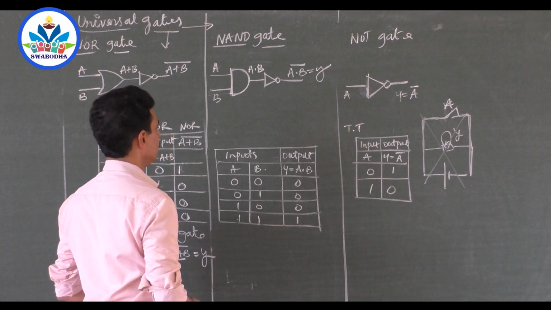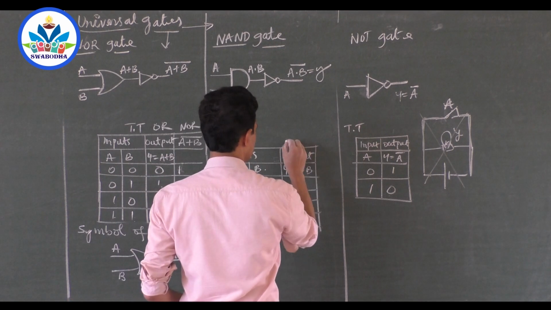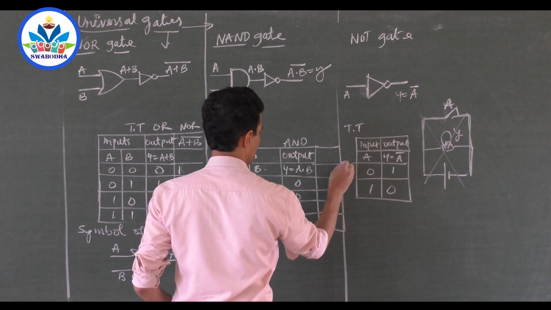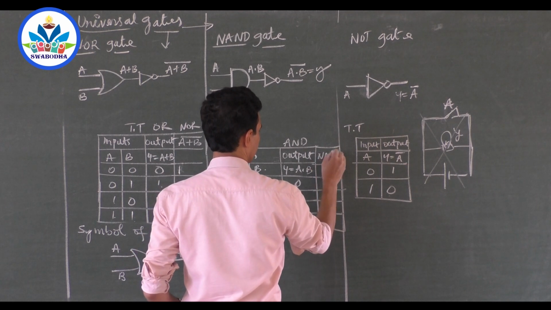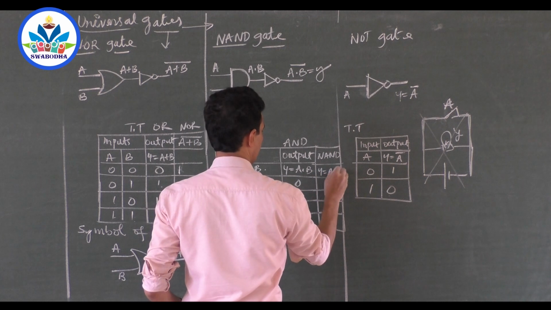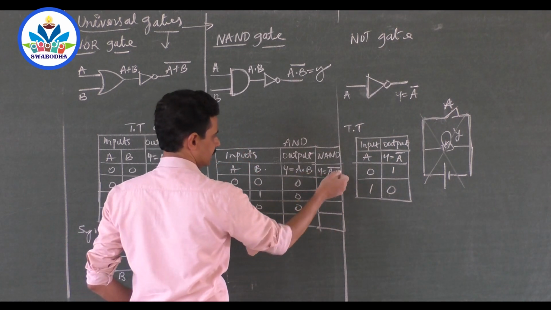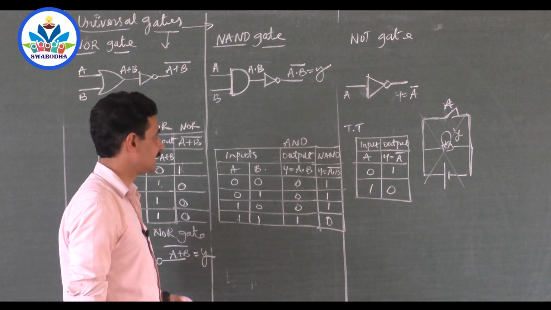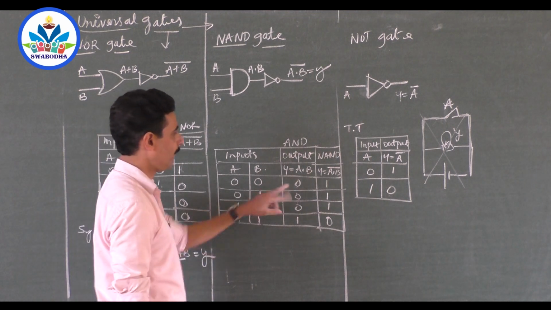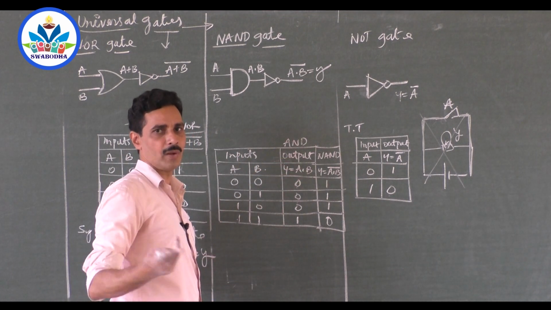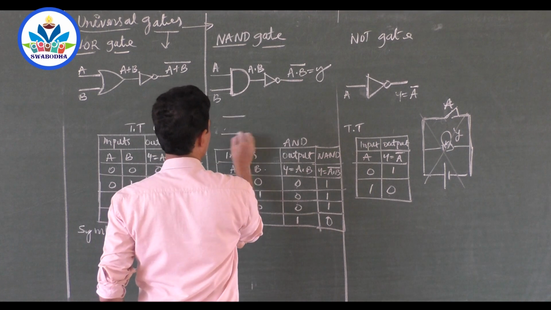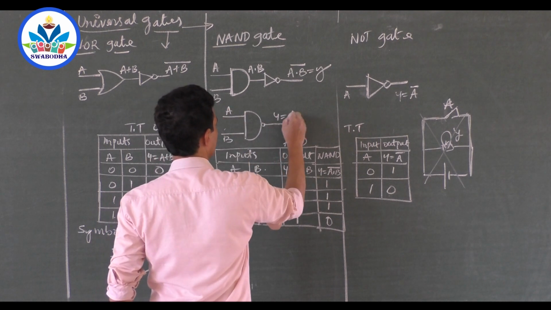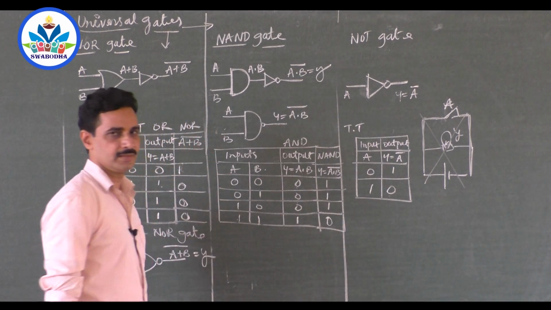How do you show it in the truth table? This is the AND output, now you show it using the NAND output. Y is equal to A dot B bar. That means this is A dot B, and this is A dot B bar. Complement this: 1, 1, 1, 0. This is the output. So a NAND gate is a logic circuit whose output is the complement of the AND gate output. The symbol is an AND gate with a bubble here. A, B, Y is equal to A dot B bar.